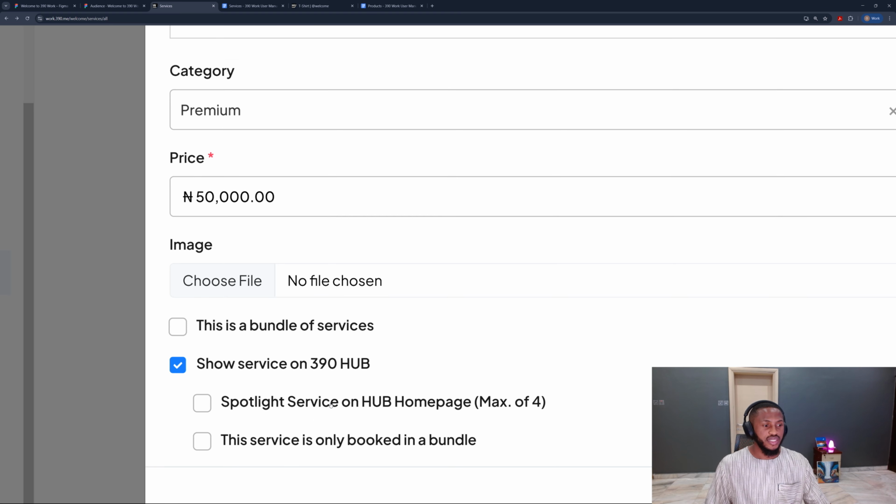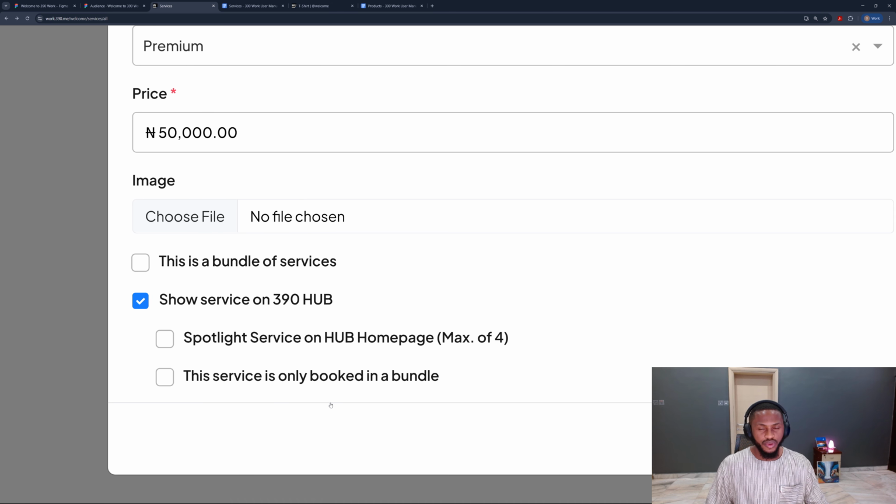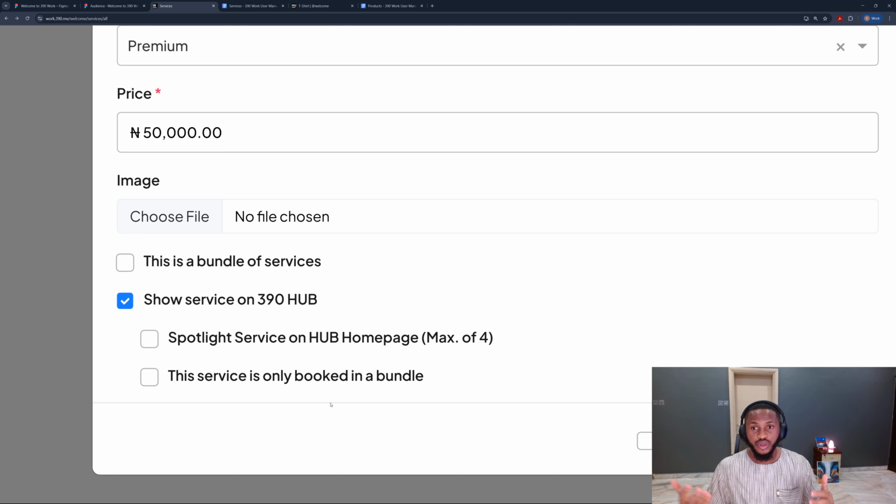Then if you want to spotlight the service on the homepage, so it means on your 390 Hub homepage, if you want to sell or let people book the service online, you could turn on this, which would make this service visible on your homepage, to be one of the key things people see. You have the opportunity to put a maximum of four,